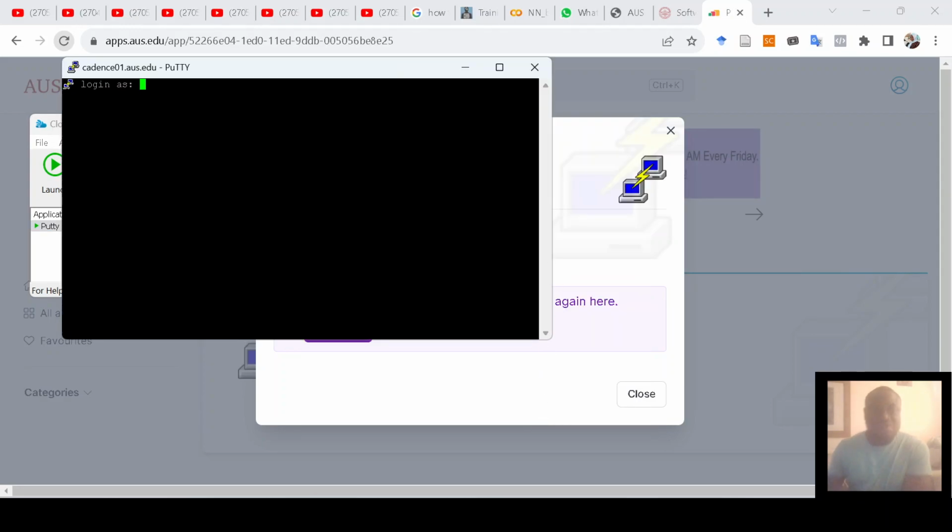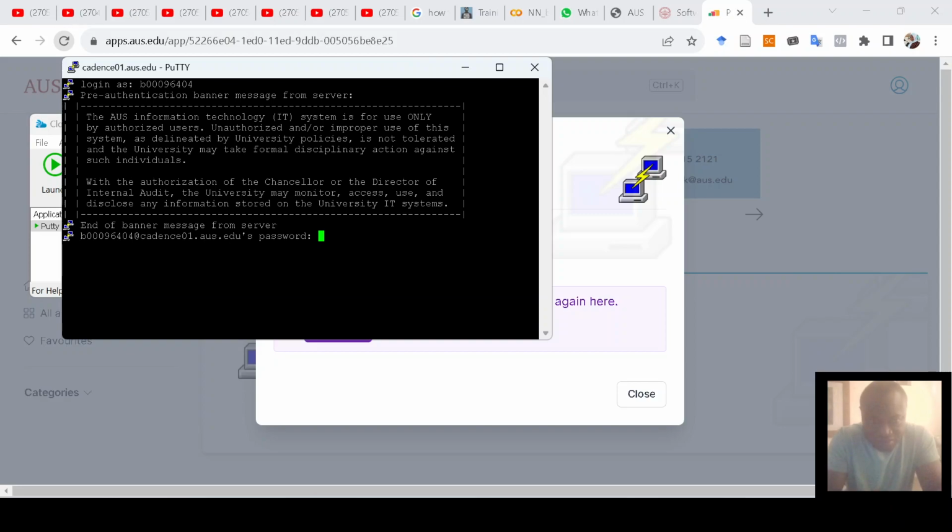you click on open. Then at this point you type your username to be able to access it. Now if you want to enter your password, this cursor is not going to move, but just type it in and it will be captured. But don't think because the cursor is not moving that you are not seeing anything. You have actually entered the password. You just need to type